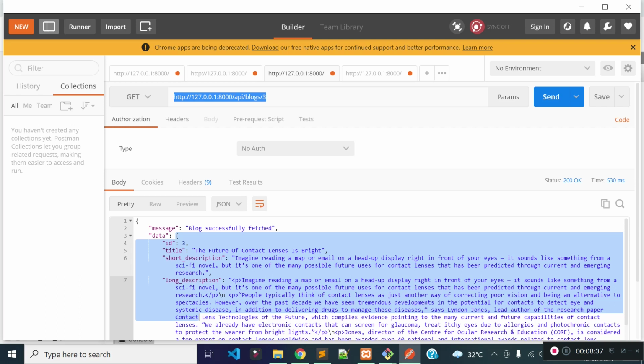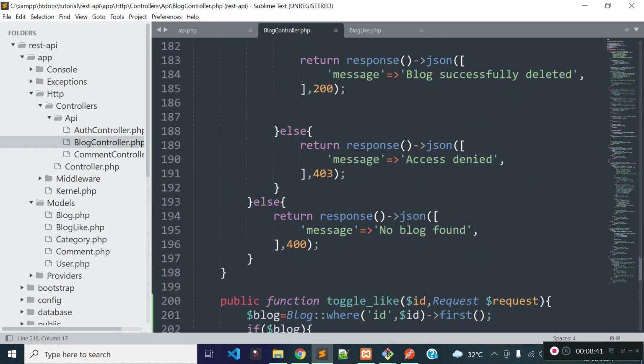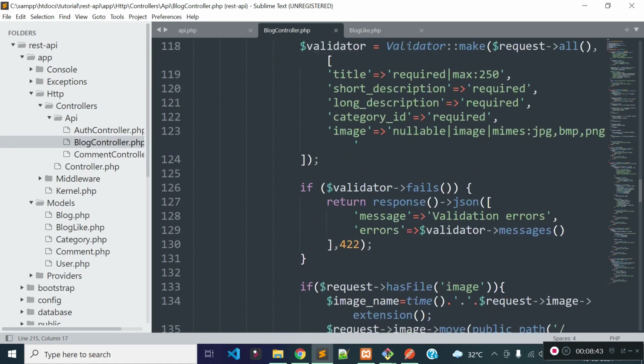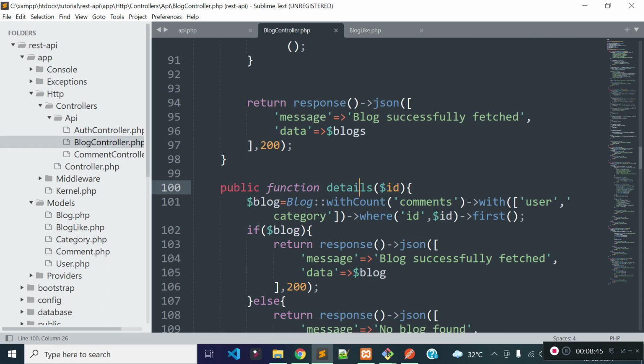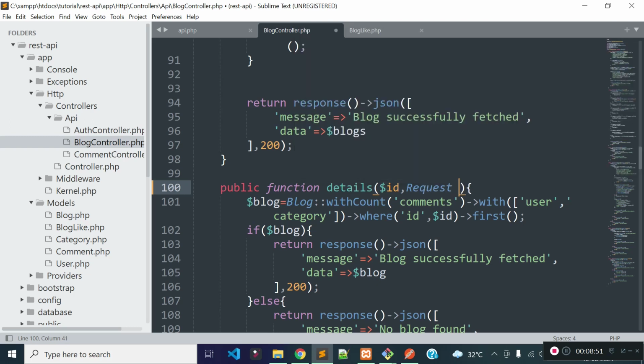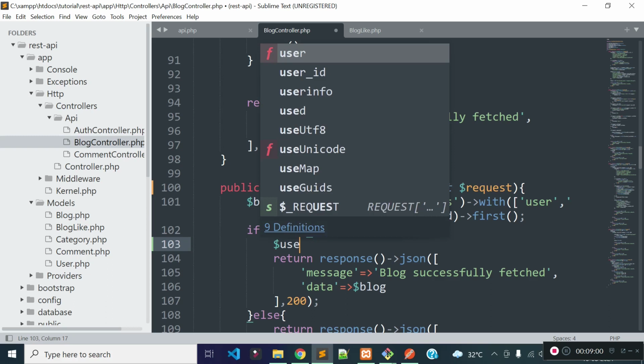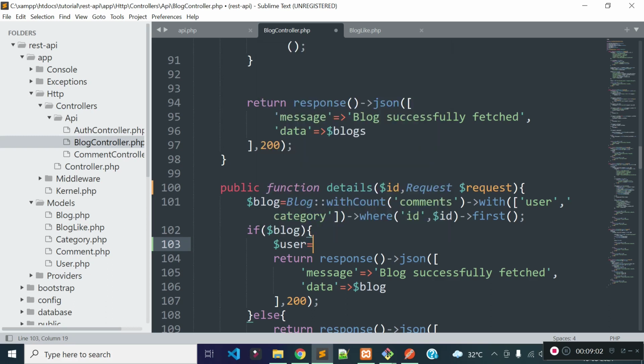So let's open our blog controller and check our details method. Inside the details method, let's take the request object as a dependency injection. Now I store the currently authenticated user data with the help of the request user method.